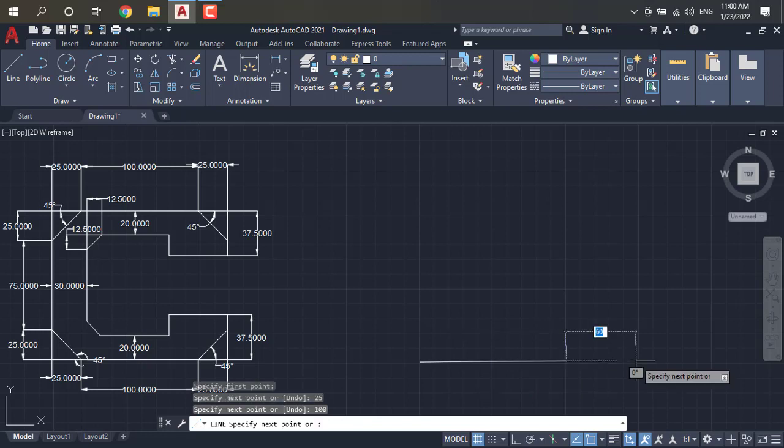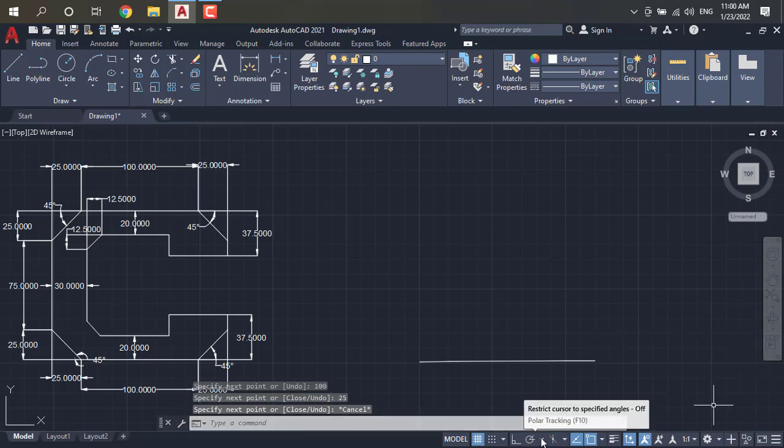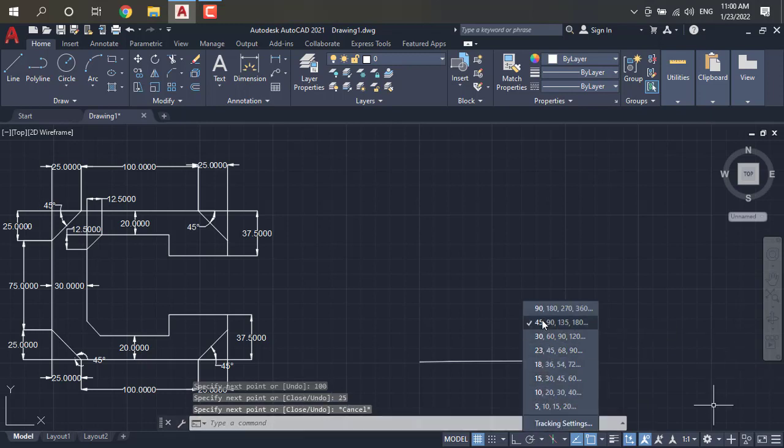Just click on enter, and again you have to extend this another 25. Just click on enter and escape. Here first of all you have to fix the line as 90 degrees, 45 degrees, 135 and 180.